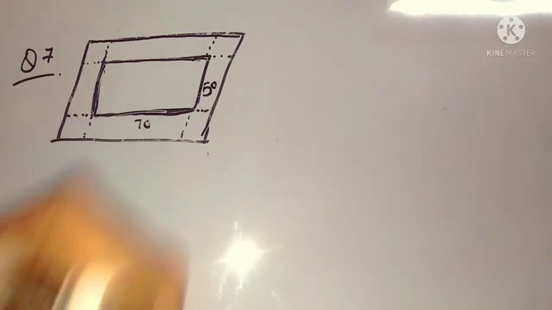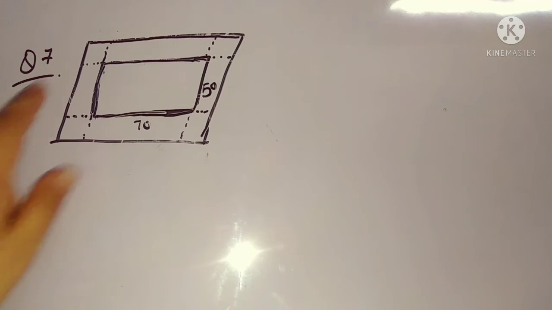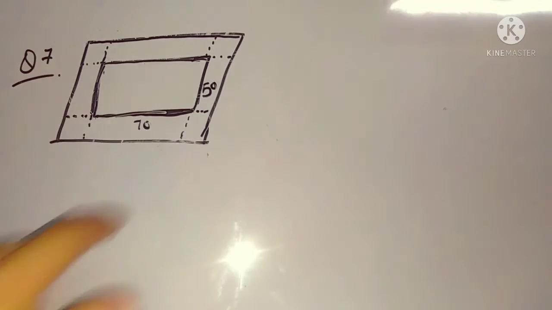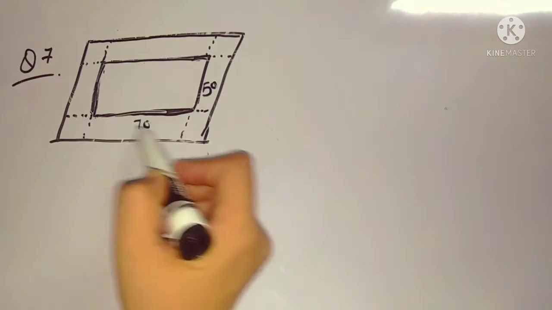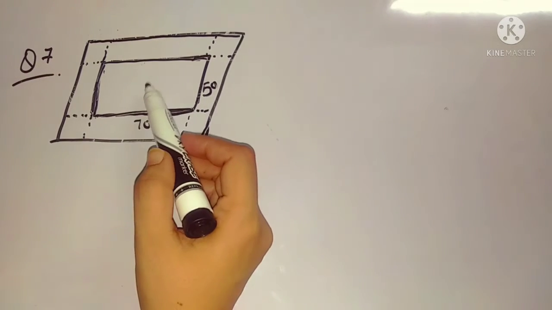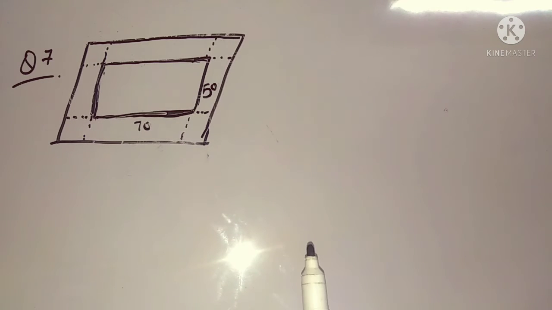Now in the question it is given that the area of the path is 1024 meters square, find the width of the path. Now the area of the path is given. Students, can you see this path? So now we have to find out the width of the path. This is the whole area of the concrete part. This rectangular field is surrounded by a concrete path, so its whole area is given, and we have to find out the width of the path. We do not know the width.